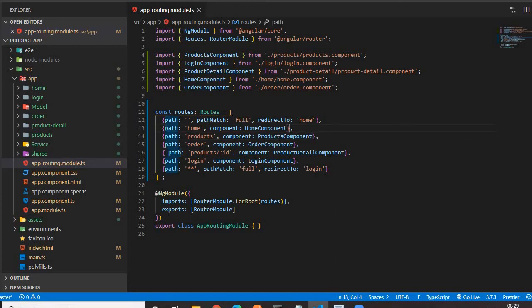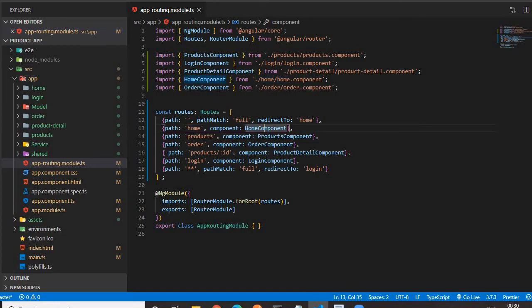So the syntax for this is we have to define an object, I mean the curly braces. This is an object having one key as path, and we can give any path name, xyz, abc. So I have given home. Then component will be the property of that object. Then we have to bind the corresponding component to this path. I want to bind my home path to the home component. If you write xyz here, you can bind to the xyz component or whatever component.